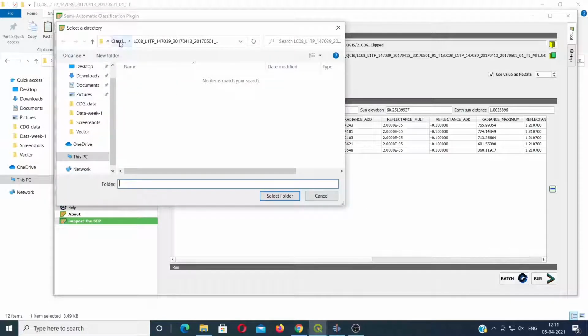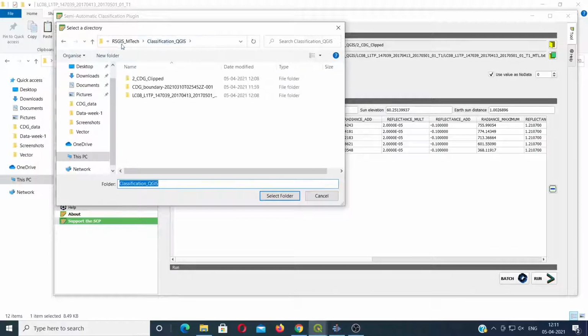Now it is asking for a folder to choose. I'm going to give another folder, that is folder number 3 underscore CDG underscore, I'll call it reflectance, and then say I'll create a new folder by that name.